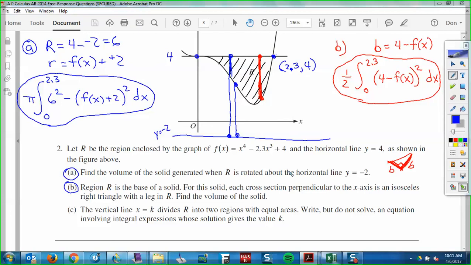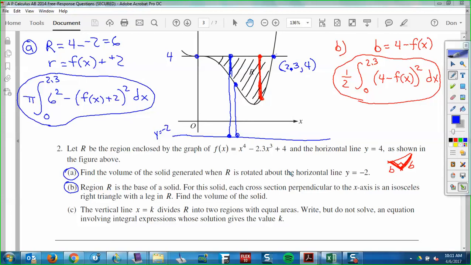What can I label this strip? B. What is this? Also B, because it's isosceles. They're the same. So what's the area of this triangle? 1/2 base times height. It's 1/2 B squared. So it's just 1/2 the strip squared. And what's the strip? 4 minus